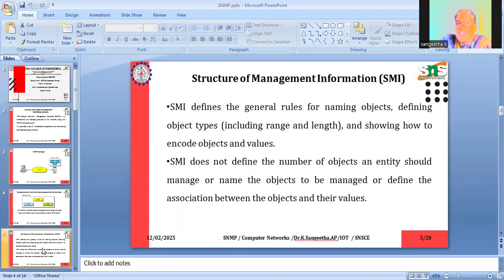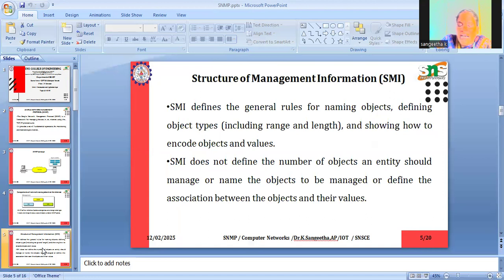SMI is the Structure of Management Information: how it looks and how we represent it. The SMI defines the general rules for naming objects, and each object is identified with a name. It defines the type of object also, and it includes range and length.